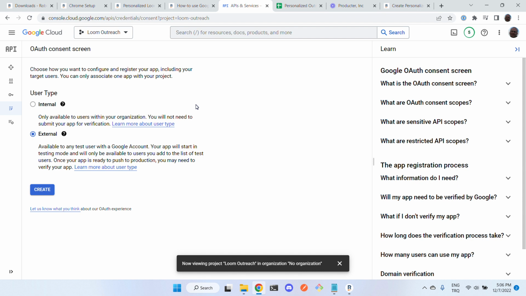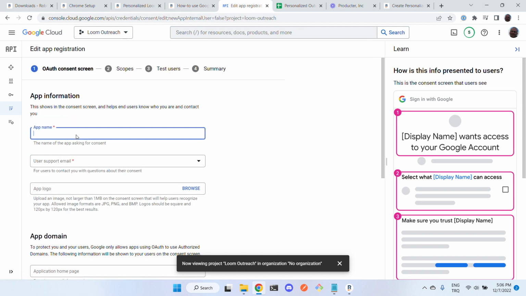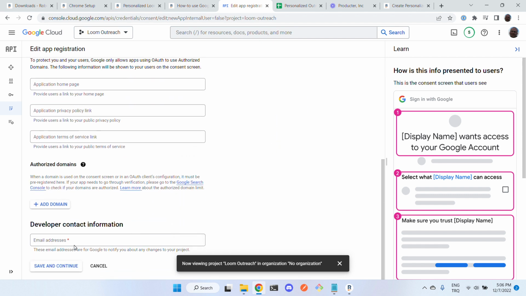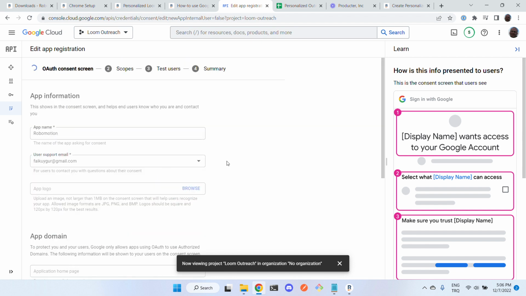So, for example, I have robomotion.io domain in Google Workspace. If I select this, anyone that has a robomotion.io email can use this app, but we will select the external app because I'm using my Gmail account. Let's click create here. Let's give this a name. Let's name it Robomotion. Let's put our email here, and also you need to add your email here, and we are done. Let's save and continue,